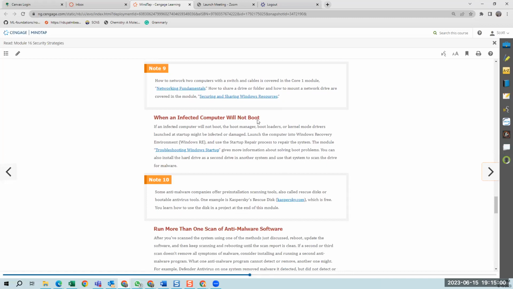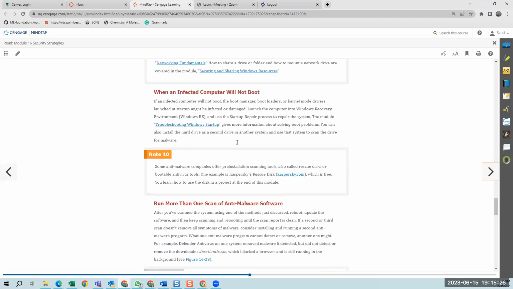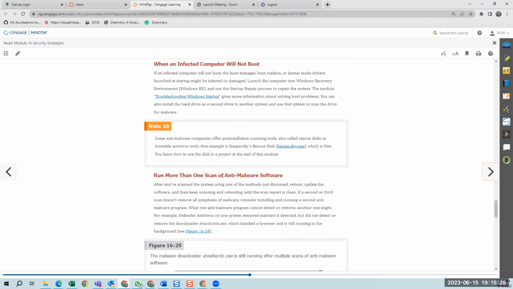So we talked about this last week. What do you do if an infected system won't boot? Well, let's go into that recovery environment, pull up the installation disk or recovery disk, and see what we can do to get through things there. So we've got that. And if we can get up there,